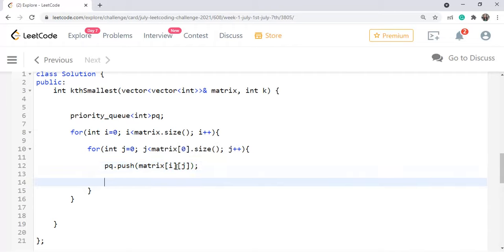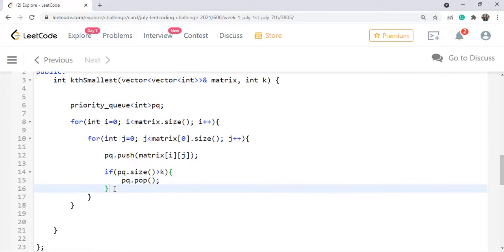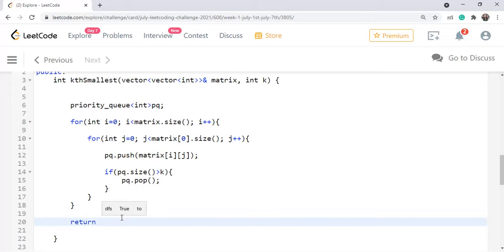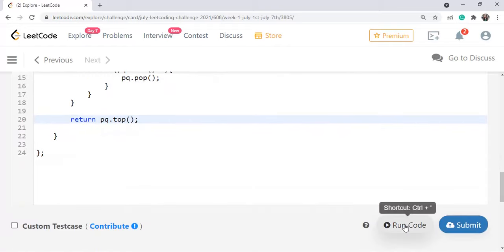And here itself we have to check if pq.size() has become greater than k, then simply you have to do pq.pop(), right? And at the last you have to simply return the top element of your heap. So let's do this: return pq.top().